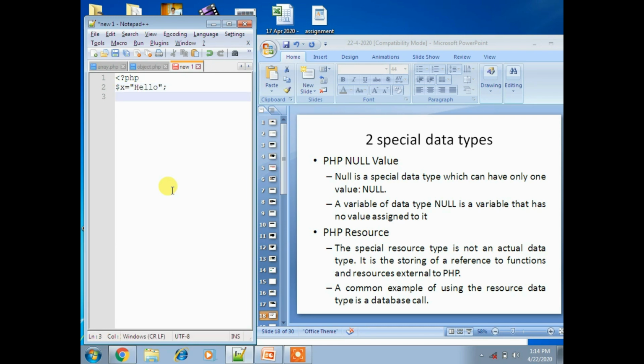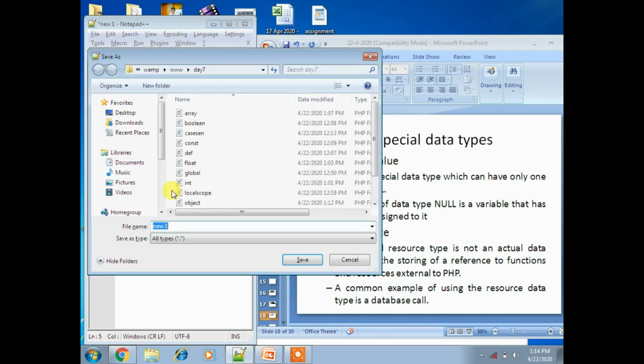Now for that x, whatever value I created, I am resetting it as null, x equal to null. Now var_dump($x). At any time you can set a variable value as null.